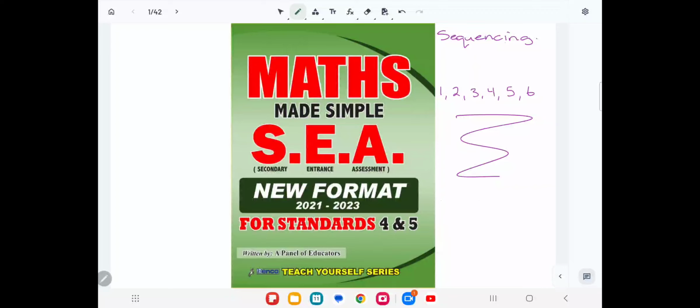Alright class, so today what we are looking at is sequencing. Sequencing is basically where we look for a pattern to figure out what number is missing or what will be the next number. So simple ways to identify a pattern